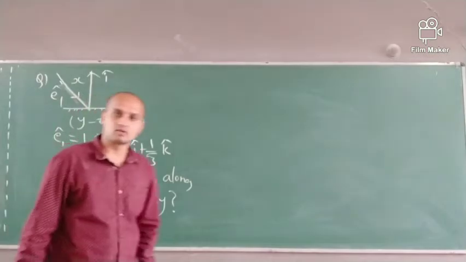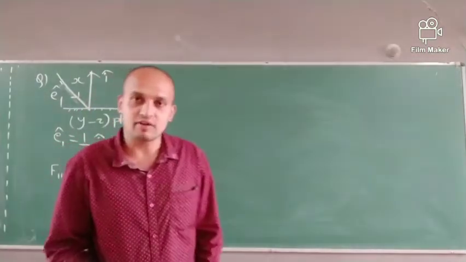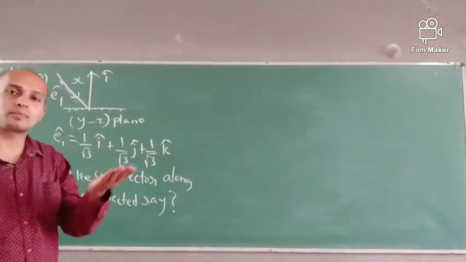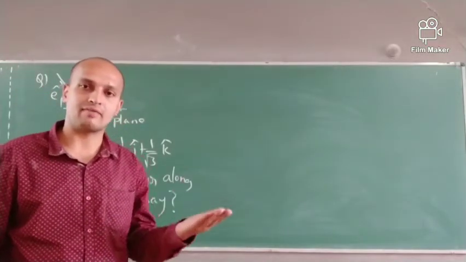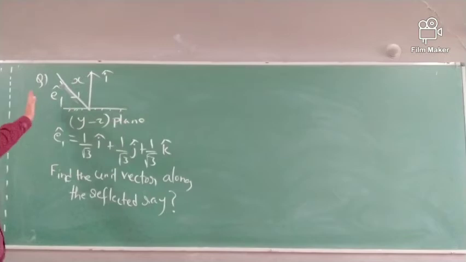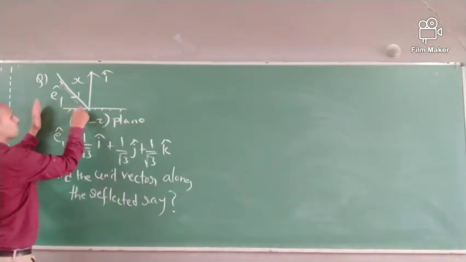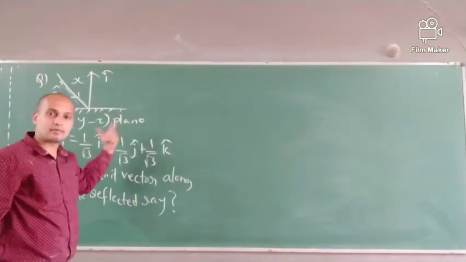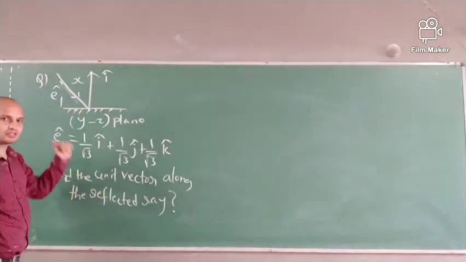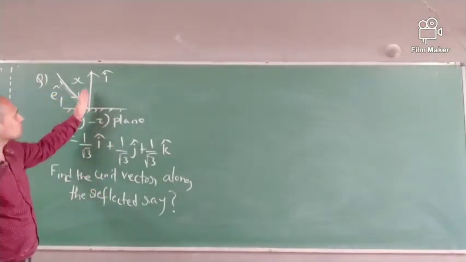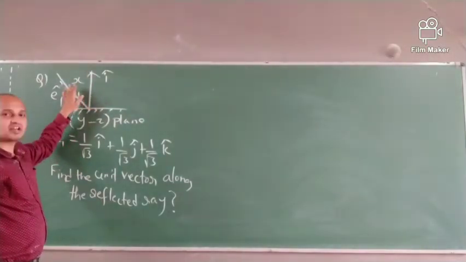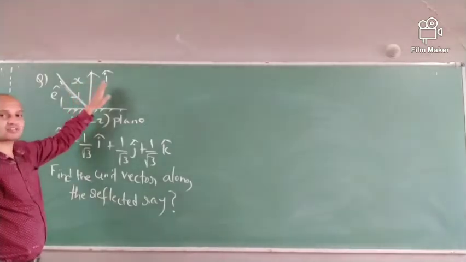So we have learned about laws of reflection in vector form. So I am taking problems on that, so you can have a little bit of an idea how the problems will be asked. See, one problem I am taking: there is a mirror. This mirror is lying in the YZ plane. You can imagine, if I draw the normal to this mirror, it is acting along the x-axis.